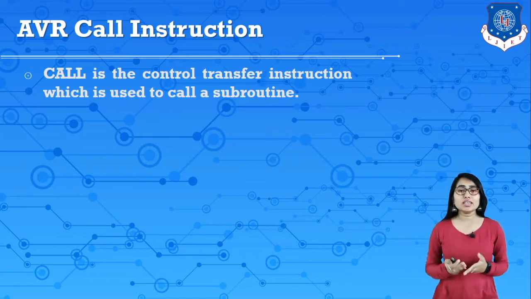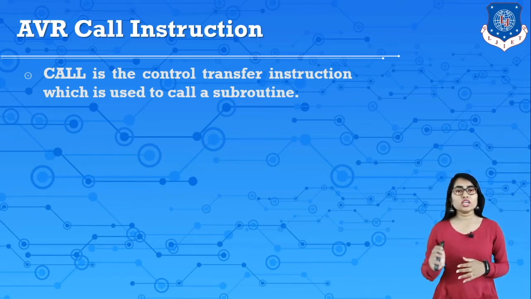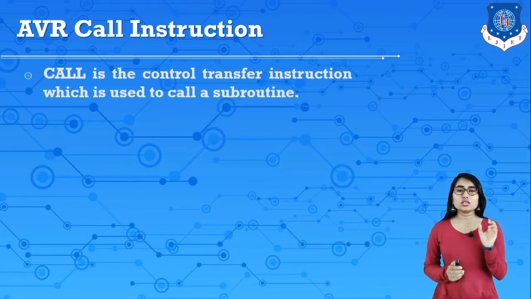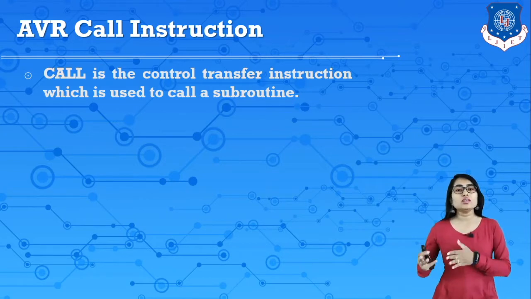A subroutine is basically a group of instructions which are frequently used in our main program to execute some specific task. The group of instructions is written separately, and then whenever that type of instructions is needed, we can call that subroutine in our main program to shorten the length of our main program. That's why the word subroutine is used. A subroutine is basically a small program which is more frequently used in our main program.